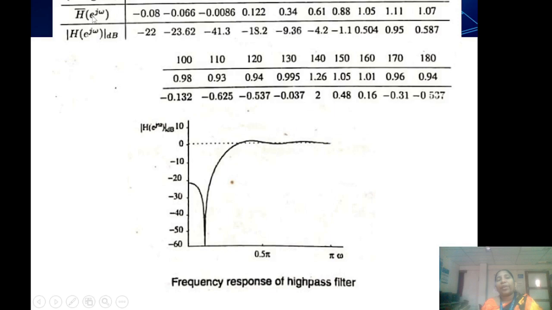So here they have found out the values at each increment of 10. It is not required to calculate the values in increments of 10. You can even go for 0, 30, 60, 90, 120, 150, 180, like that, in increments of 30 also. So when you plot the magnitude response, you will be getting the frequency